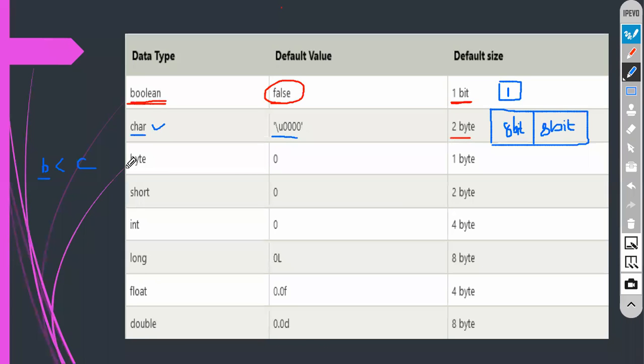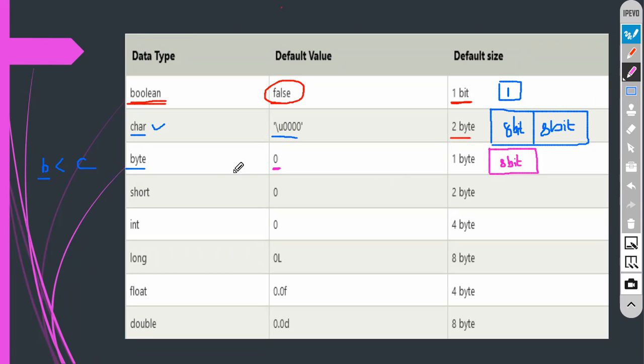Again, we have a byte here. Yes or not? Byte is there. I am going to change the color so that you will be happy. What is the default value? That is 0. Here it is going to consume 8 bits of memory in the RAM. Now you can see only 8 bits. Totally 8 bits of space it is consuming.